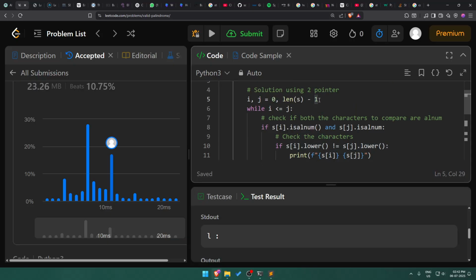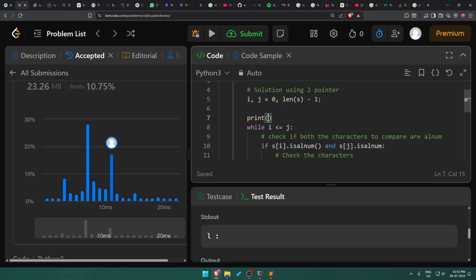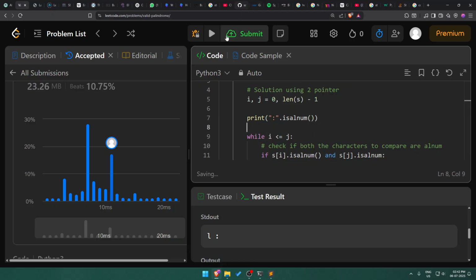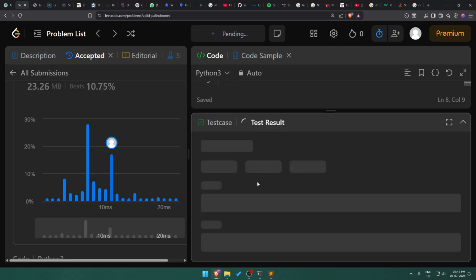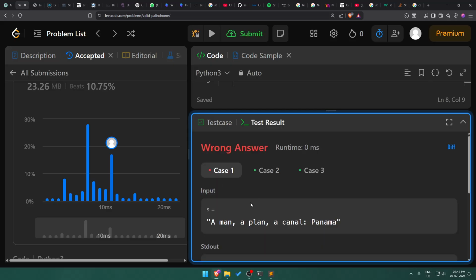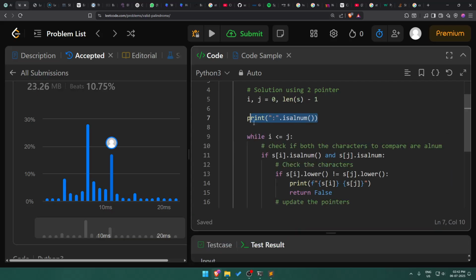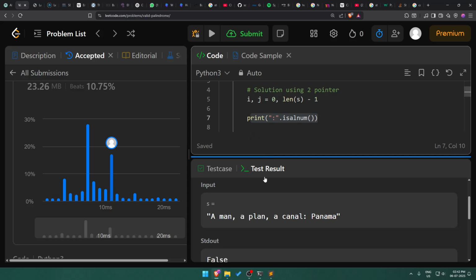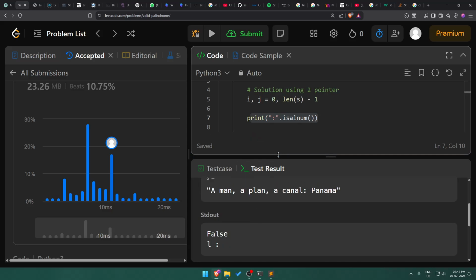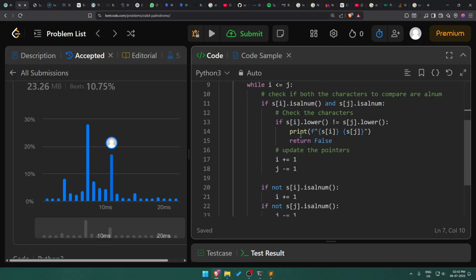Okay, hold up. Print this. I don't know. Right, it is false. Okay, right. So this statement right here is false. And yet, okay, so is it possible